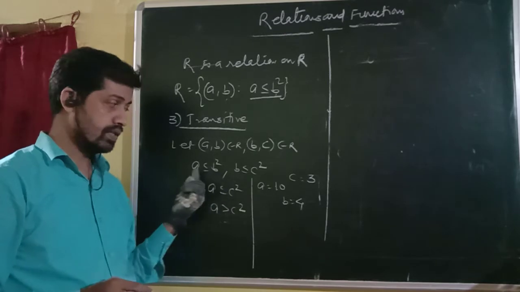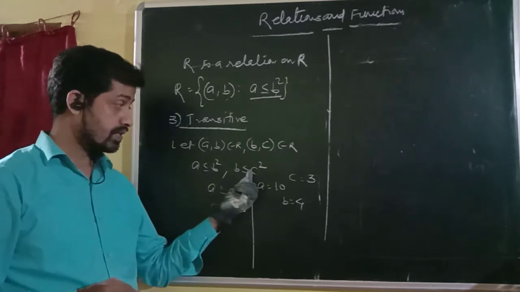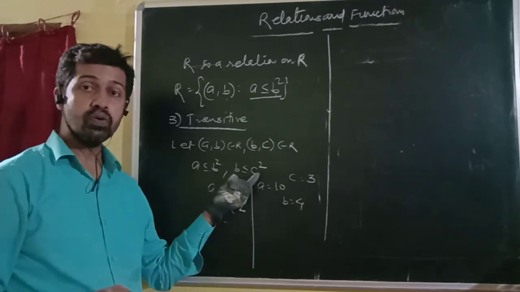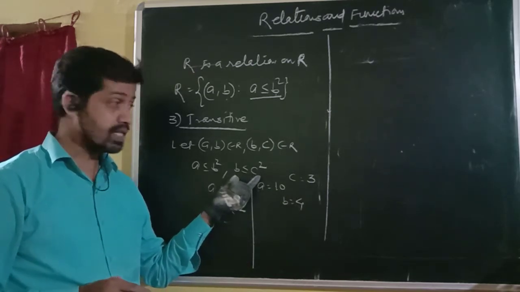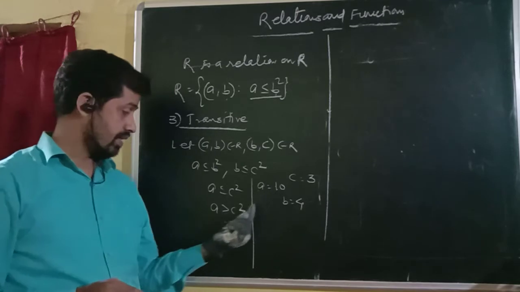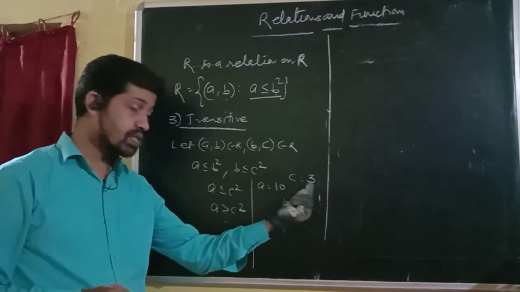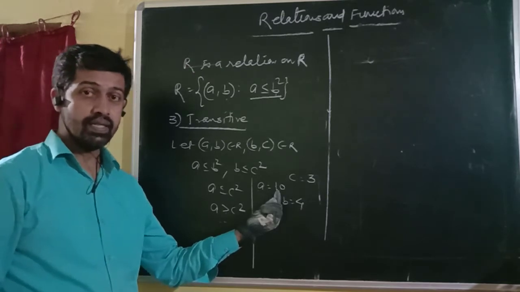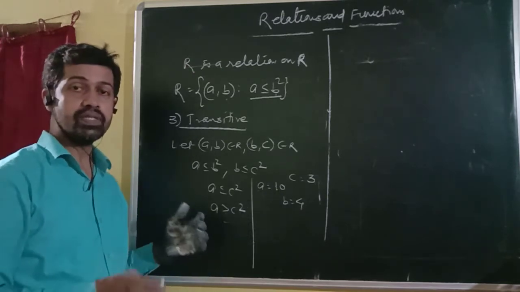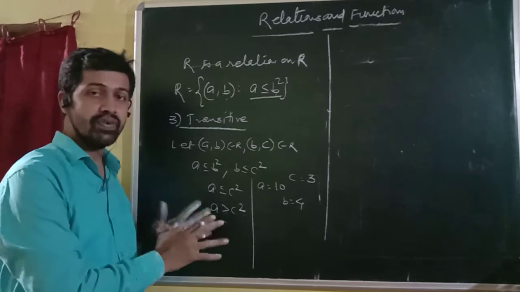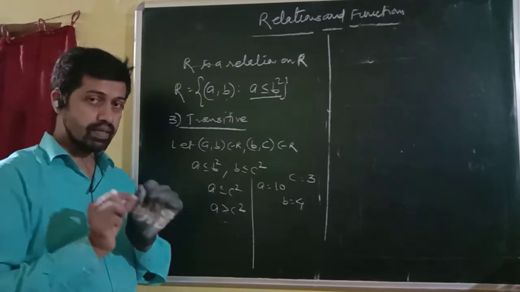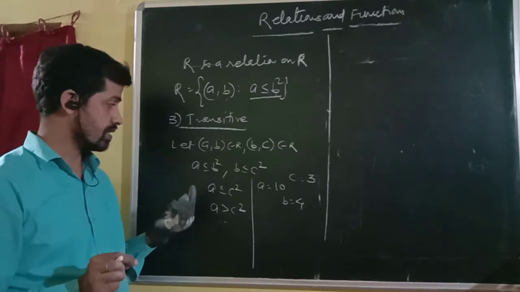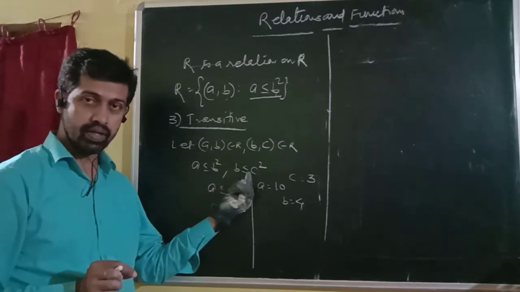4 square is greater than 10. True. Second condition, 3 square is greater than 4. Holds. But what about the next one? Is it there that 3 square is greater than 10? Not true. So this is the example which satisfies the given condition. The method I adopted here, that is to be noticed, these conditions were holding.